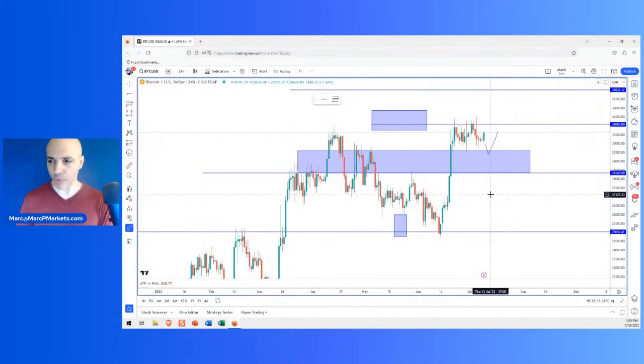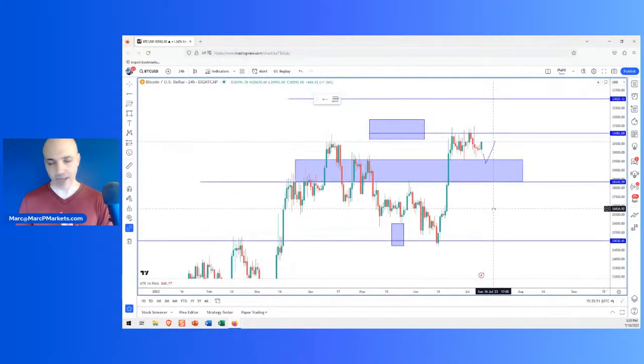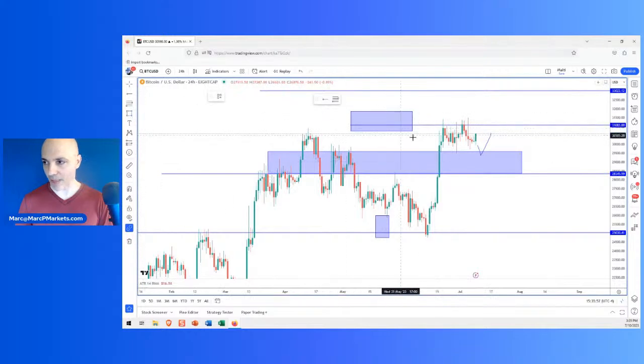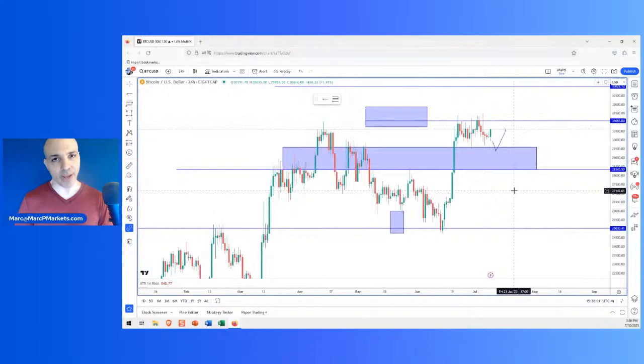So again, just to reiterate, my key level on Bitcoin is this 29 to 28.5 area for a high probability swing trade long. I am not interested otherwise in swing trades. I'm not going to short it. I'm not going to take a long here and think that it's going to go up just because I feel like it. I don't make mistakes like that. If I'm going to get involved at all, it will be a day trade, because these are less than ideal levels. I don't like buying into resistance levels. So my expectations are kept low purposely.